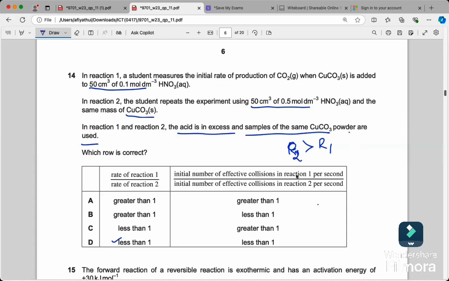Initial number of effective collisions in reaction 1 per second. Initial number of effective collisions in reaction 2 per second. So once again, the number of collisions will be more for high concentration. So the higher the concentration, the more the collisions. Therefore, the option should be